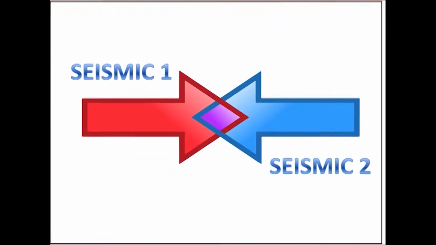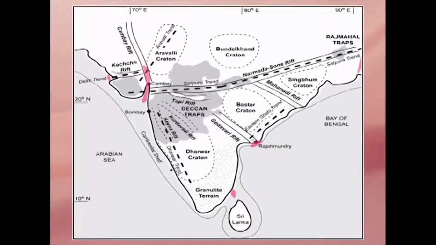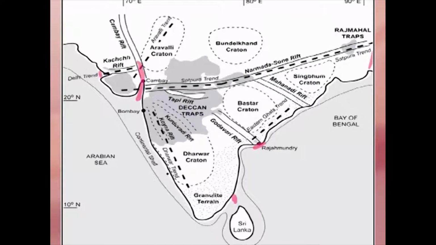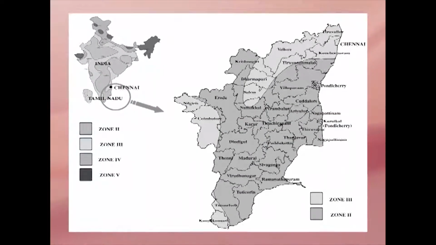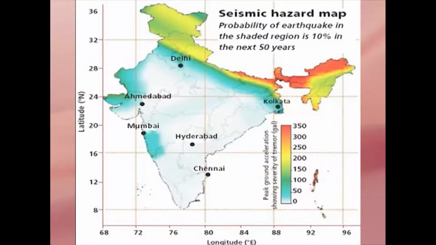The areas falling in seismic zone 1 in the 1970 version of the map are merged with those of seismic zone 2. Also, the seismic zone map in the peninsular region has been modified. Chennai now comes in seismic zone 3 as against zone 2 in the 1970 version of the map. This 2002 seismic zone map is not the final word on the seismic hazard of the country, and hence there can be no sense of complacency in this regard.